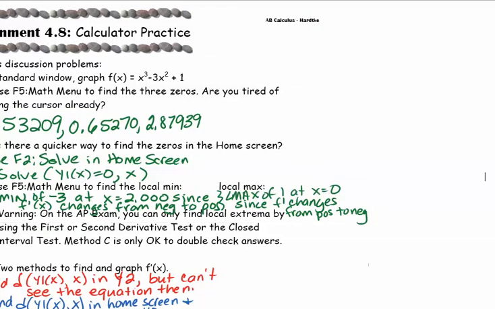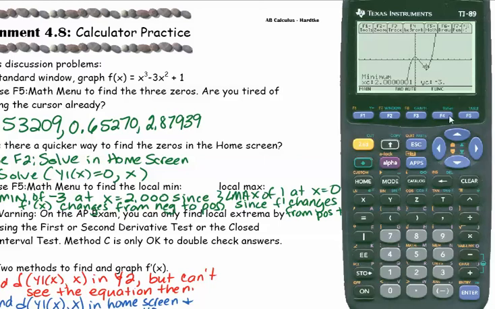And then we could repeat the same thing on our calculator using the F5 menu to find a local maximum. So we could simply get our cursor to the lower bound, enter, cursor upper bound, and it's going to work for any interval. It's going to find the biggest y coordinate. So it might find the y coordinate at a closed endpoint of your interval. So here you can see it's taking a little bit longer for it to find the maximum value,